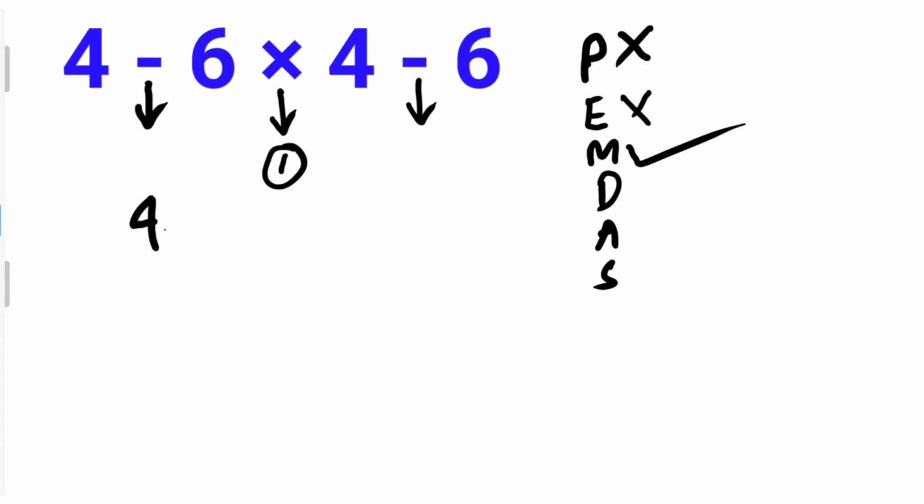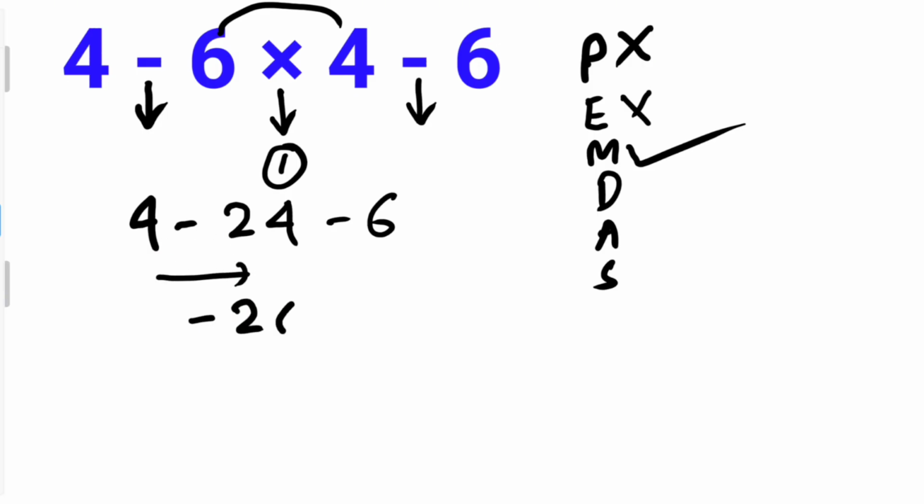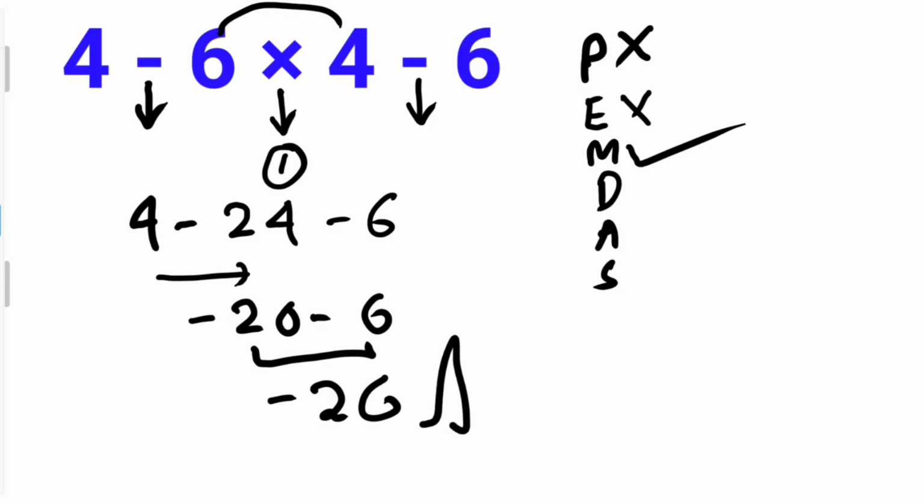So 4 minus 6 times 4 will be equal to 24. And here is minus 6. Now we have to move from left to right, and 4 minus 24 will be equal to minus 20. And here is minus 6, which will become minus 26, which will be considered the correct answer for this